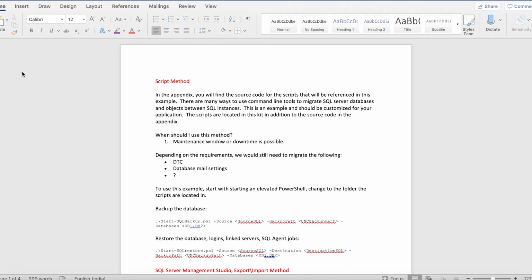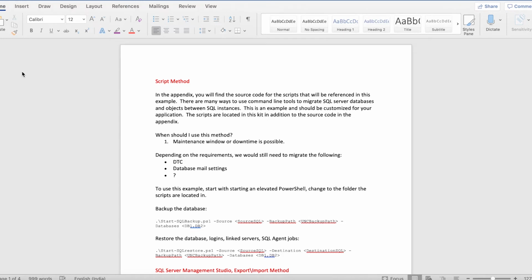The reason we call it the script method is that we could automate the end-to-end migrations here using different scripting languages. Either you could do it through SQL Server scripts, just like using T-SQL, or the best way of doing this would be using PowerShell, and that's what most DBAs or infrastructure people do today, right? So with this methodology, you basically run a PowerShell script to back up all your databases